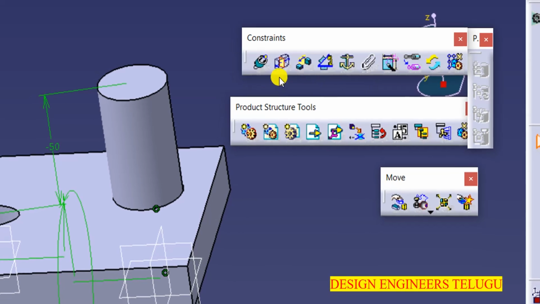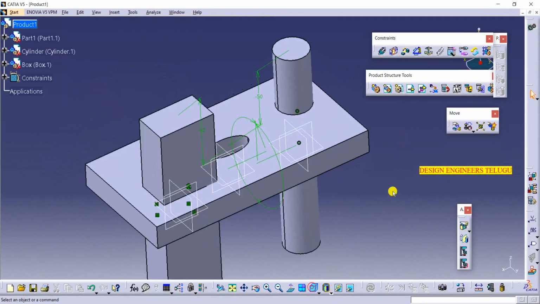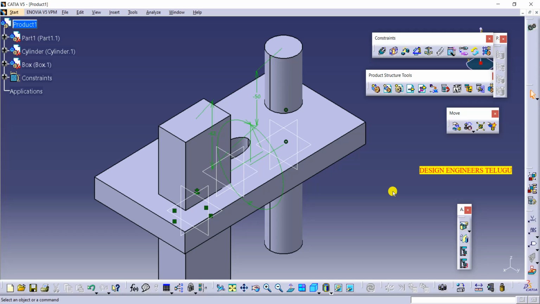So these 5 tools are very important, because if you take any component or any assembly, having any number of components, by using these 5 tools only we can fix the component. Any type of component, any type of assembly you bring it here, by using these 5 constraints you can fix it.